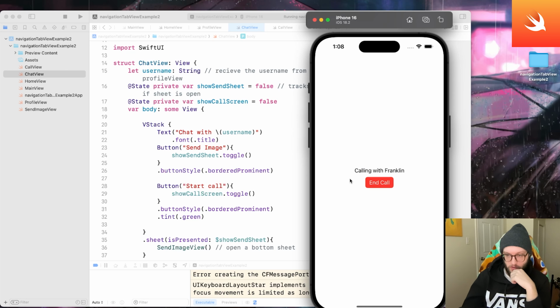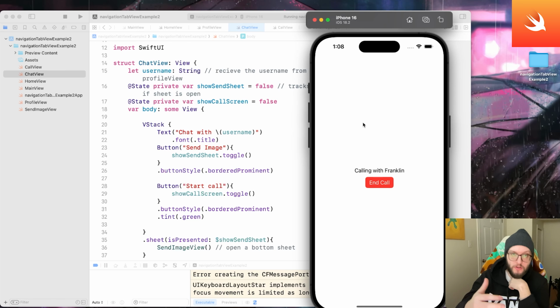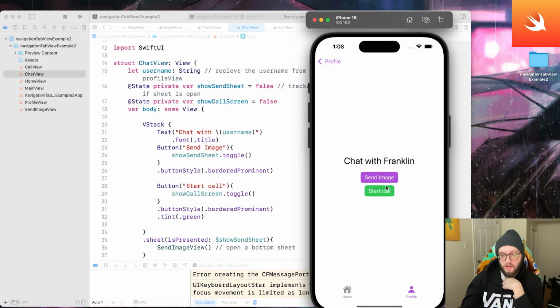We can then do the start the call. We can't swipe this one away. It's taken over the full screen. We'll then press our end call button and we're brought back to that chat, and we can still navigate as